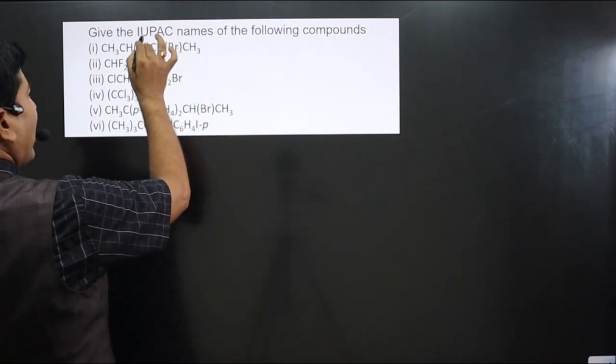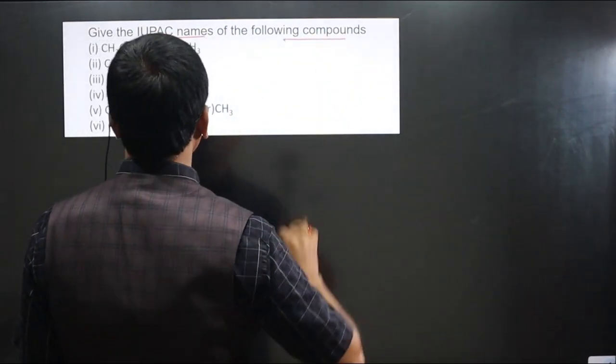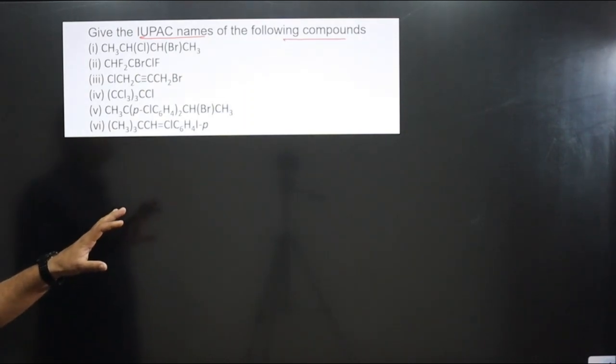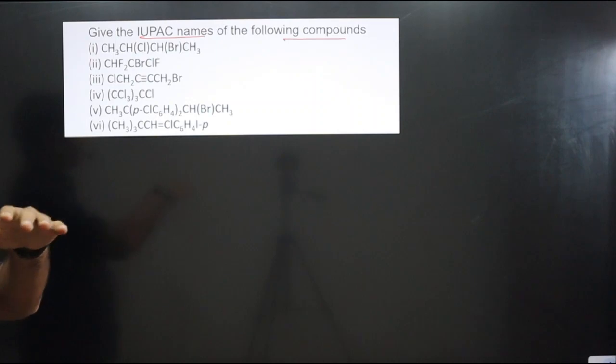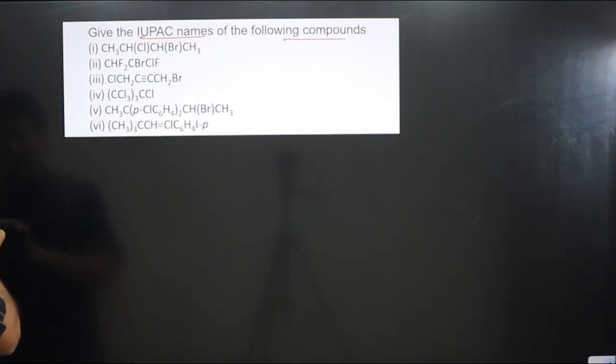The question says give the IUPAC names of the following compounds. For these compounds we have to write the IUPAC name. Then we can draw the structure. It will be easier to select the parent chain. First compound we have